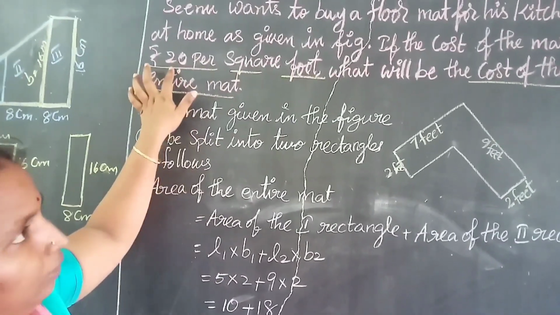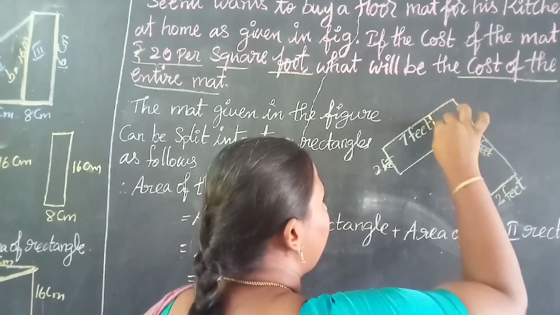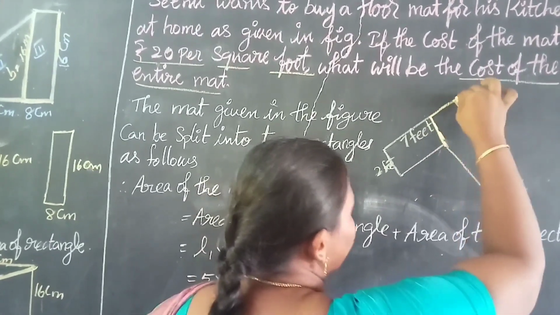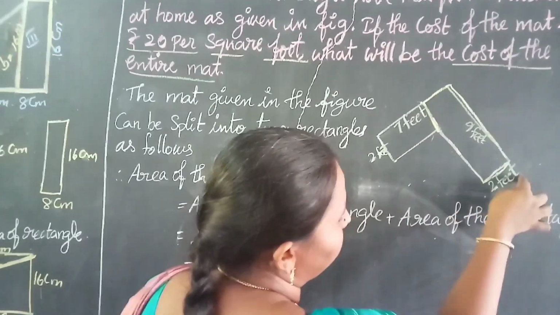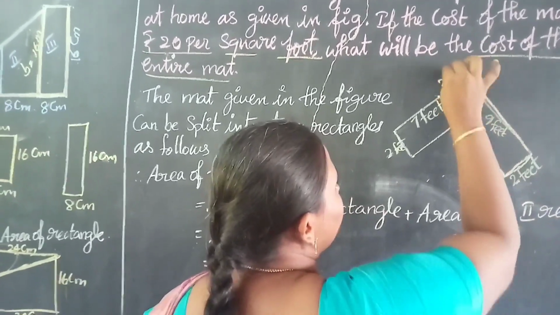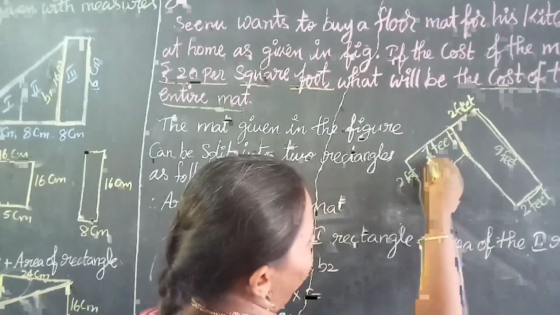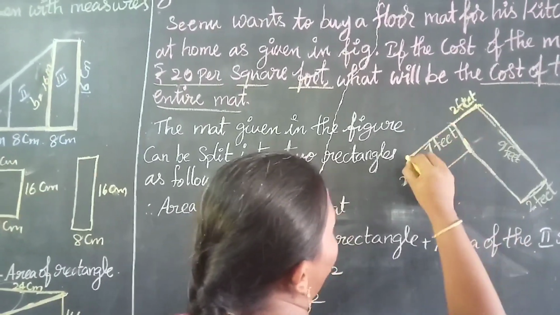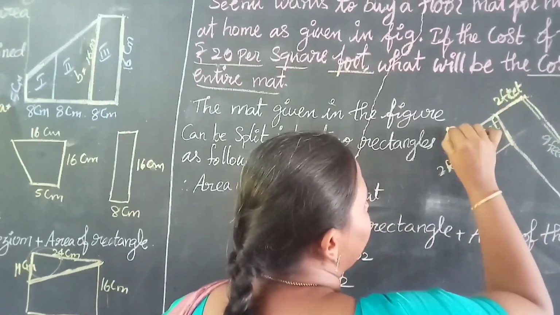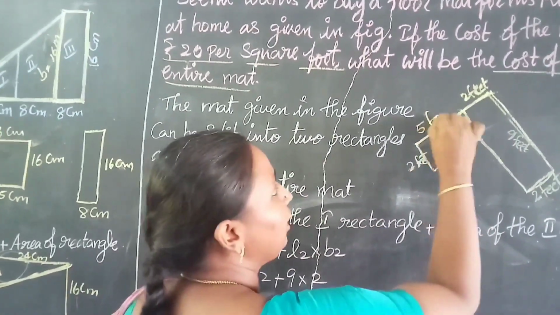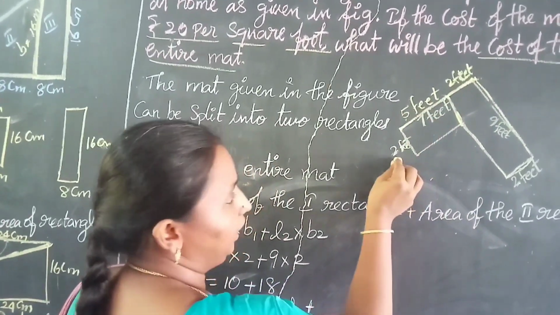So per square foot they have given how much? Rupees 20. Okay, so how to find it? I am going to join here. Here it will form a rectangle, am I right? So rectangle length is 9 feet and the breadth is 2 feet. Here 2 feet, and here also that should be 2 feet only, the breadth. So totally here you have 7 feet. If you take this 2 feet outside, what will be the remaining length? Totally 7 feet, here the length is 2 feet now. The remaining should be 7 minus 2, that is 5 feet. Okay, so in this rectangle, the length is 5 feet and the breadth is 2 feet.